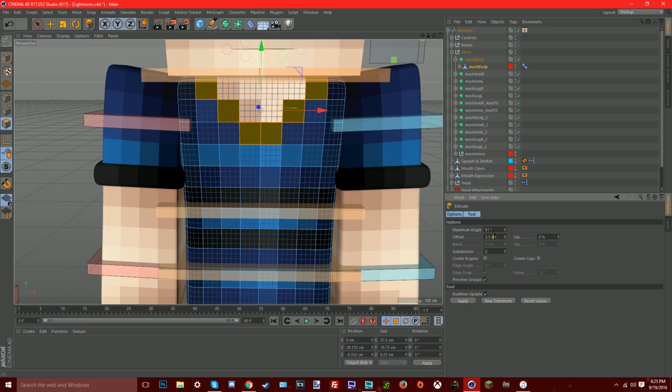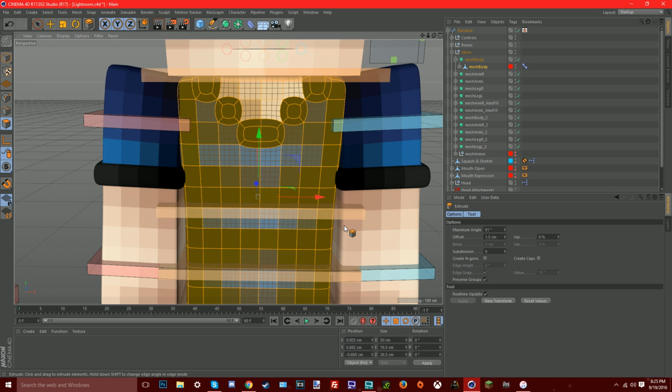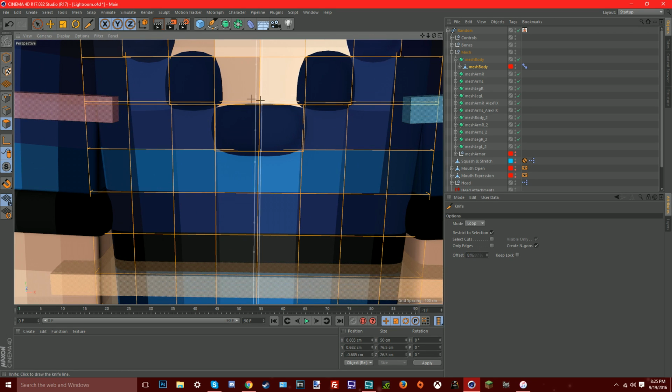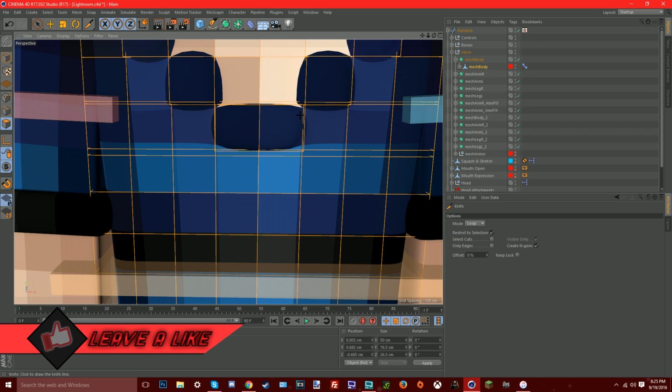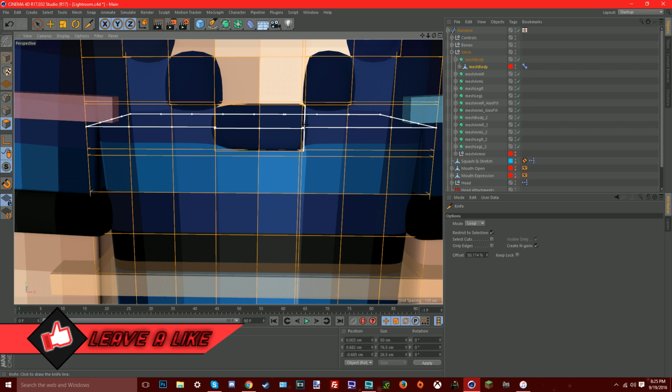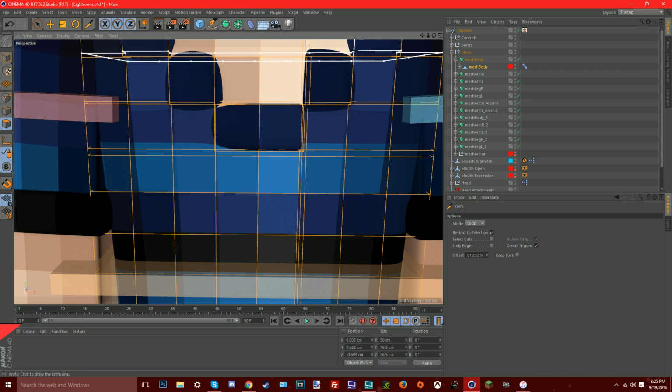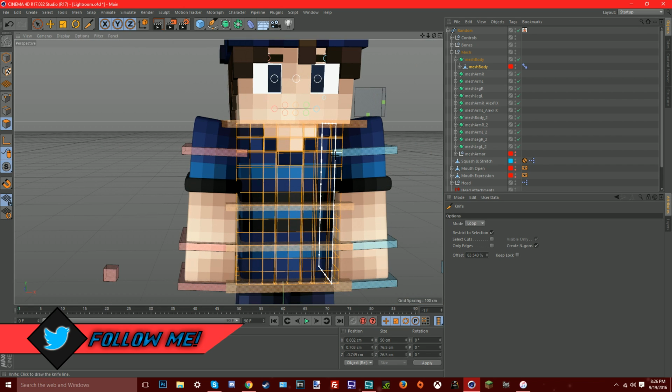And then we're going to change this to like 1.5. It doesn't need to be too big. Control A, K, do the same thing. It's just rinse and repeat, the same thing over and over again, except it's on a different piece of the body. All right, now that you've finished extruding out the shirt and stuff,